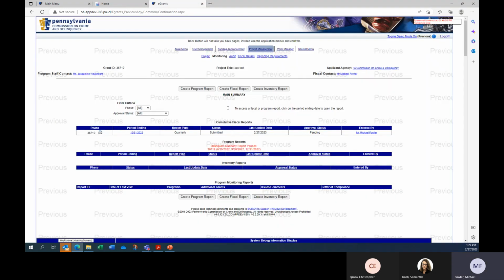So we agree to that. Now it's submitted, and then your fiscal contact will go out and pick it up and approve it or send it back to you. And that's how you walk through a fiscal submission. Now we're going to go into our interim fiscal report.